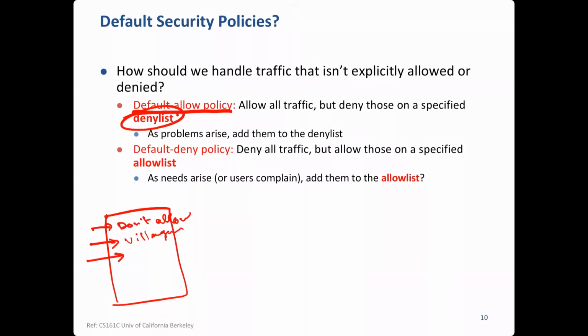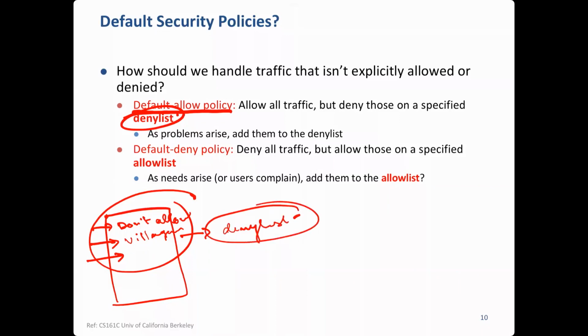I'm just giving hypothetical reasons, right? So that's called a denial list. Anybody who is in the denial list will not be allowed, and all other people are allowed. This is one kind of policy.